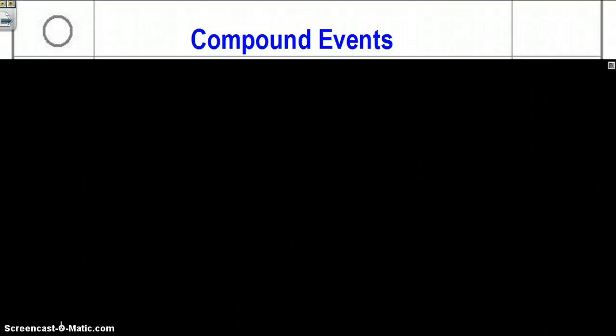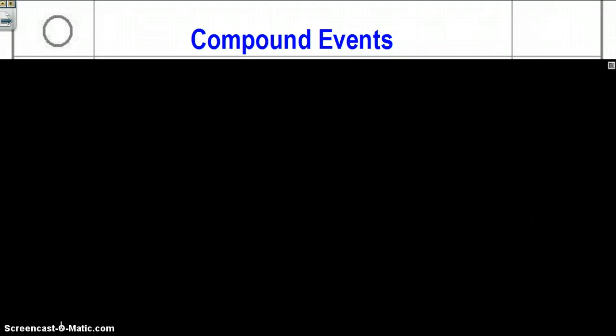Okay, so welcome to DIY number 1 for compound events. This is your notes DIY, so make sure you have a clean left and right page in your notebook. We're going to write this on the right side. Remember, at any time you can always pause or rewind if you need to slow us down or see what